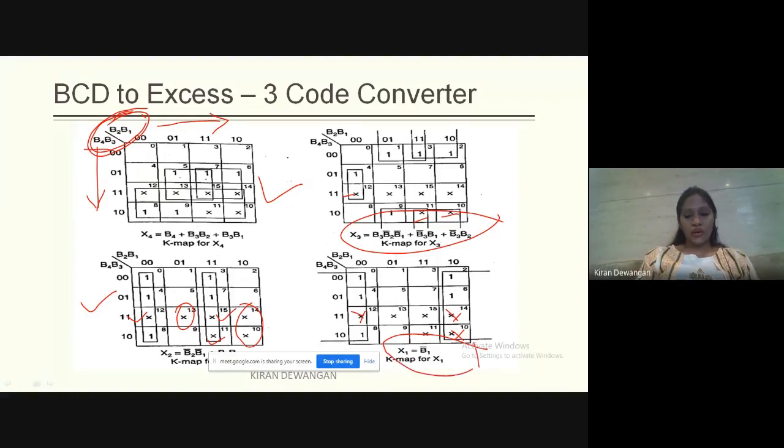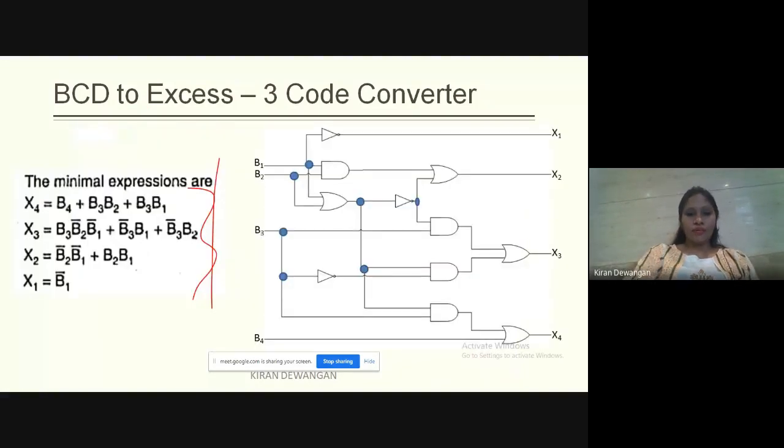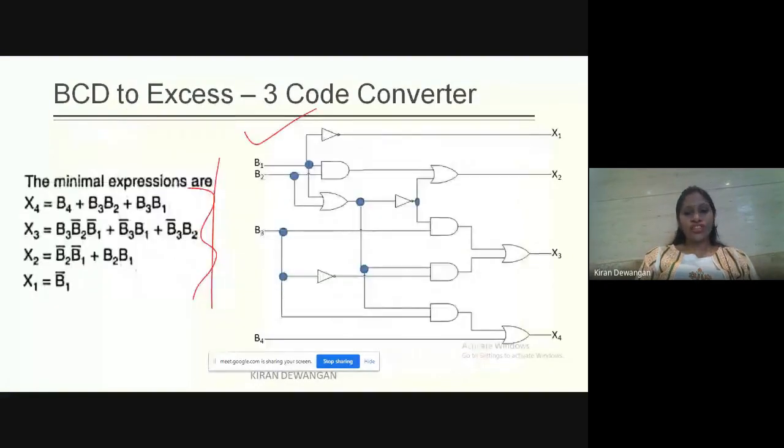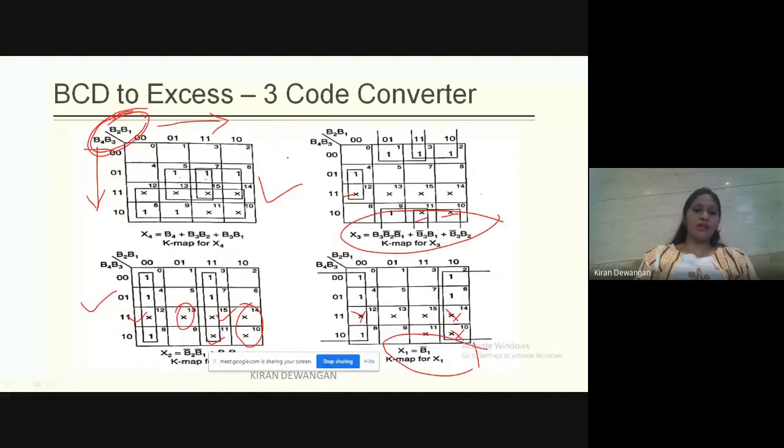ठीक है, ये चारों expressions निकालोगे, फिर आप इसको डिजाइन करोगे. Is this clear? Clear, right? If you want, you can take the snapshot of it. इसका स्नैपशॉट रख लो, चेक करना है तो, बिकॉज मैं 5 बजे के बाद ही भेजूंगी, मैं पहले नहीं भेजने वाली. आई वॉन्ट ऑल ऑफ यू टू ट्राई इट बाय योरसेल्फ.